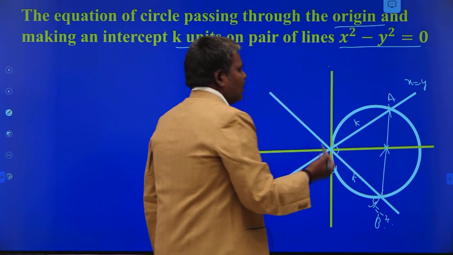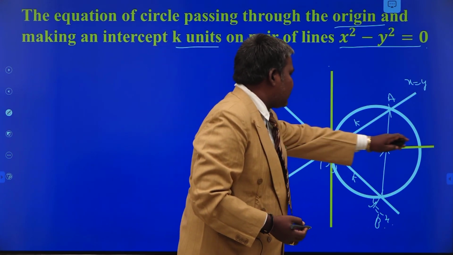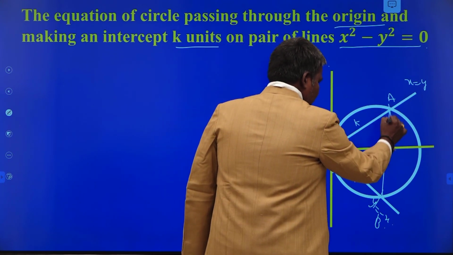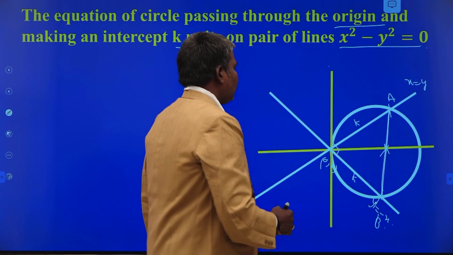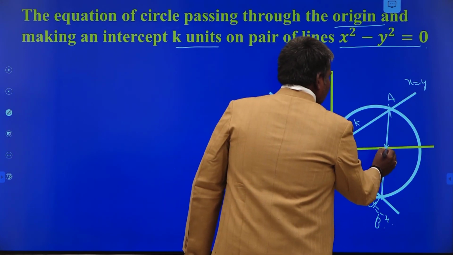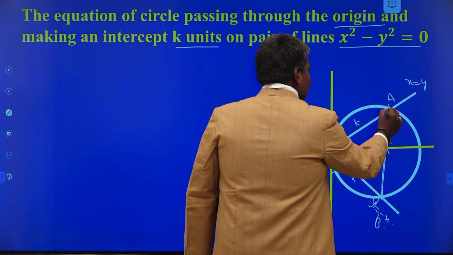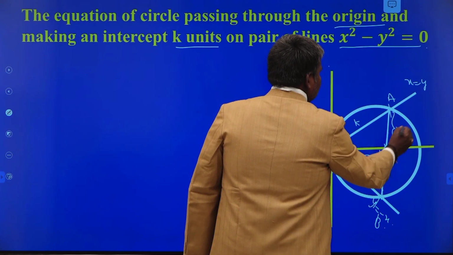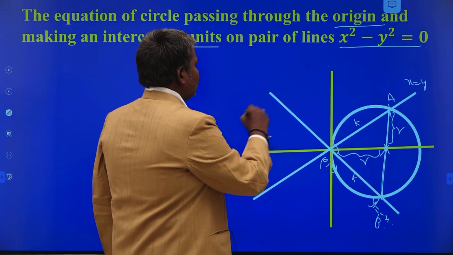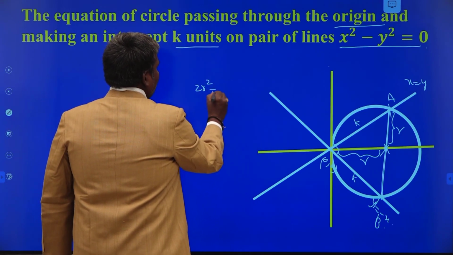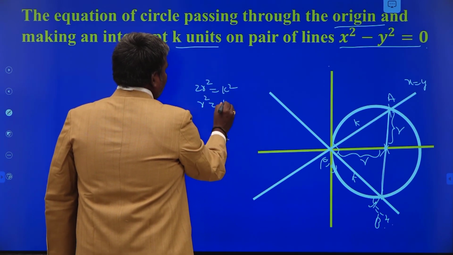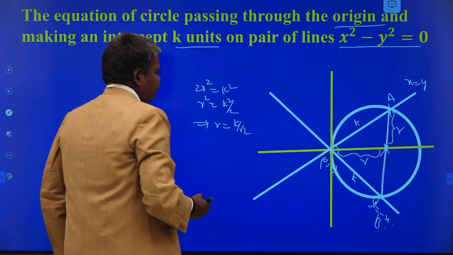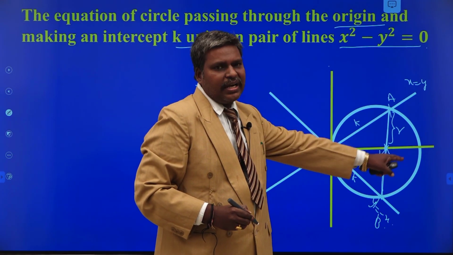The midpoint of the diameter is the center of the circle, because every perpendicular bisector should pass through the center of the circle. Okay, this is the diameter of your circle. Now see here, this is the center, this is a point on the circumference of the circle, this is the radius, this is also the radius. If it is r, say 2r square is equal to k square. Am I correct or not? 2r square is equal to k square. r square is equal to k square by 2. Your radius r is equal to k by root 2. The radius of the circle is nothing but k by root 2.